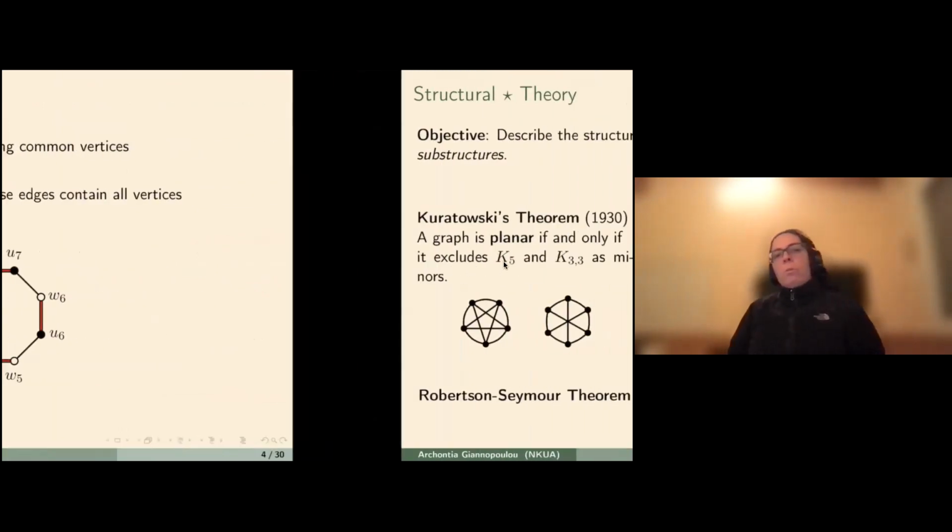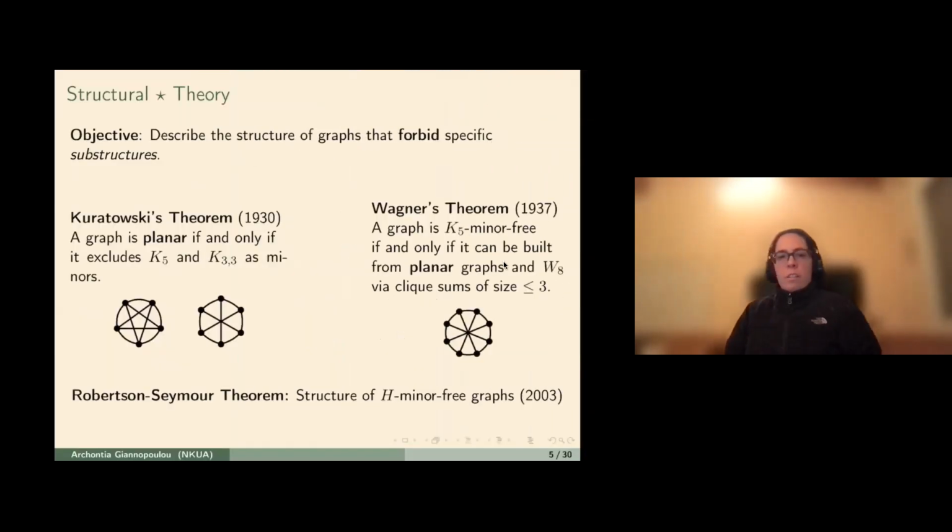And the objective, or one of the objectives in structural graph theory, or any theory, is to describe the structure of graphs that do not contain some fixed graph as a substructure, whatever this is, it might be a minor, a subgraph, an induced subgraph, etc. And either we want to find some minimal graphs that are forbidden and describe this graph class, or we want to find the detailed structure of the graphs that forbid some specific substructure. One of the best